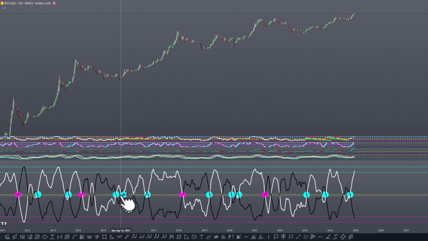Then we see heading into the fourth cross, then we see the fifth cross here, late October 2015. This would have been an even better buy than the third cross, because had you bought it precisely, you would still have been buying around $250 to $300, and you wouldn't have had to wait out that small, roughly month-long downside, and perhaps be a little bit scared. Maybe you didn't make a good decision. Maybe this entire accumulation range back here for Bitcoin in 2015 would have ultimately ended up going way further down. Well, obviously it didn't, but going back in time when you didn't have all this future data on the chart, that would definitely have been a concern to factor in.